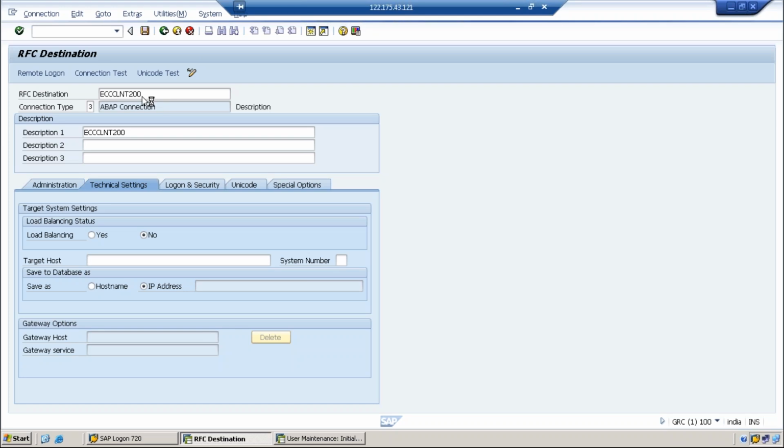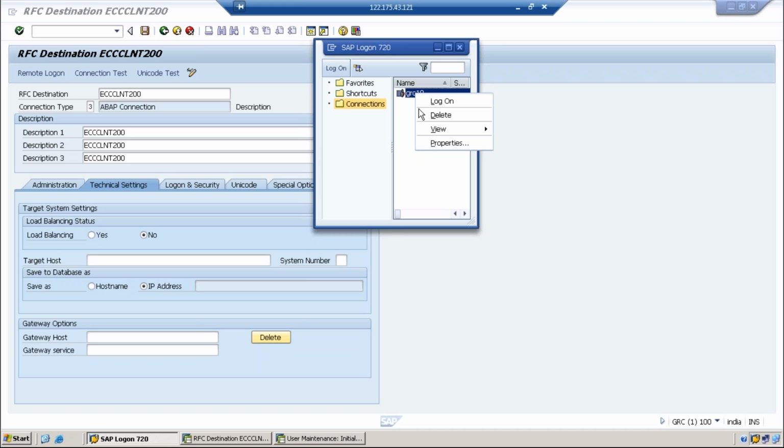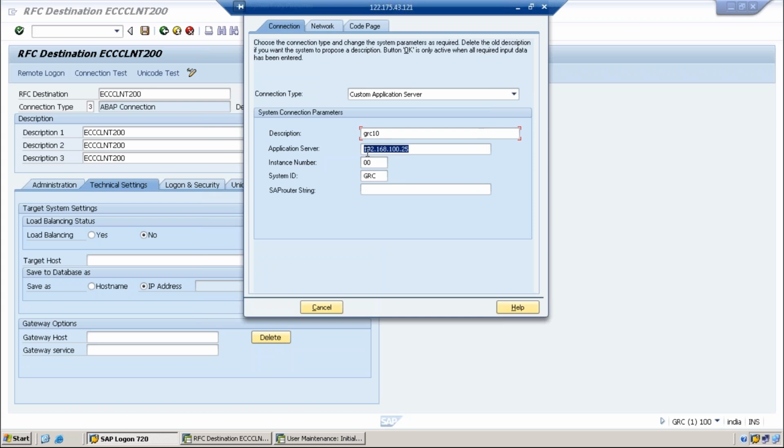So always remember one thing, wherever you are entering the name and then the description, it should always be the same, because you will face a lot of problems tomorrow, because in every other case you will be observing only the description. Better always to maintain description and the name as one and the same. So target host name you can find from the logon pad. If it is ECC, you need to right click on the ECC system, but in this case I have only one system acting as both, so this IP address has to be picked up,